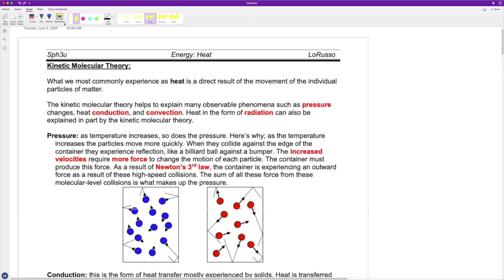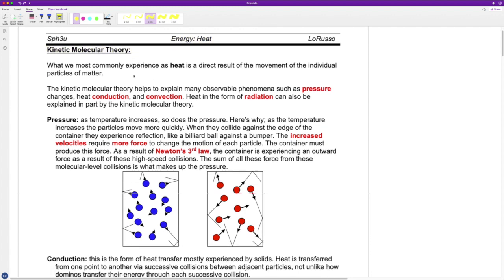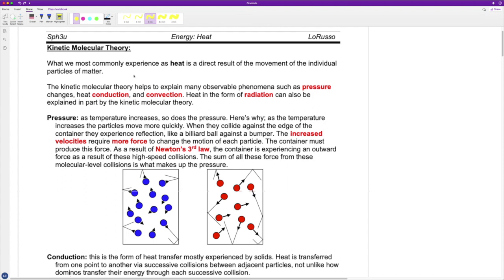We're just finishing up the last little bit of energy. Specifically, we're talking about heat. Heat is a type of kinetic energy. Specifically, it's kinetic energy at the molecular level, hence why it's called the Kinetic Molecular Theory. So if you recall, kinetic energy is the energy associated with motion, and heat is the motion of subatomic particles